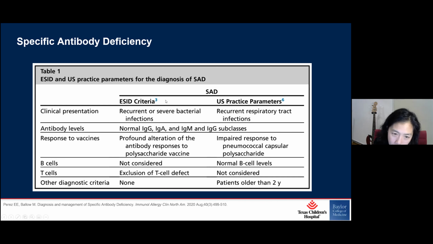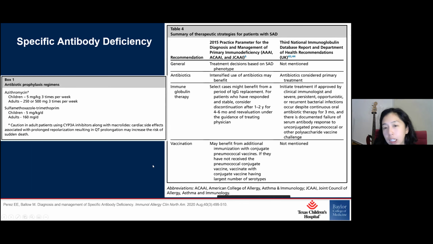There seems to be some disagreement between the European and US practice patterns. But there are some of these kids where they will put them on prophylactic antibiotics, and Azithro versus Bactrim, the decision-making for this seems to be stylistic as far as I can tell between our immune colleagues. And if that doesn't help, they have put some of our kids on immunotherapy with infusions of IVIG, and it has been a game changer. This is the only thing in my mind for some of these kids that really is able to make a difference in their recurrent infections, is actually giving them immunoglobulin.